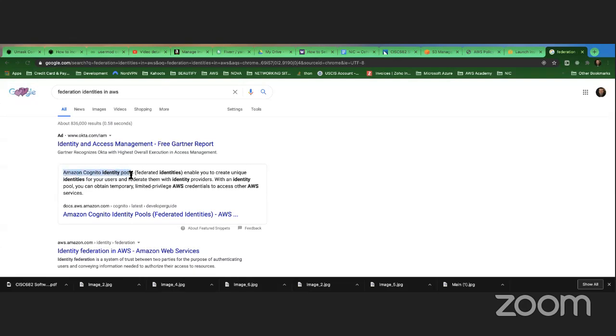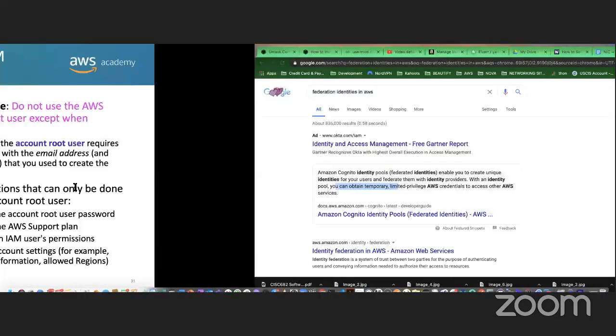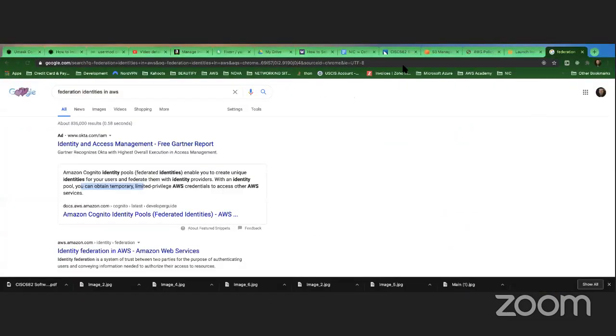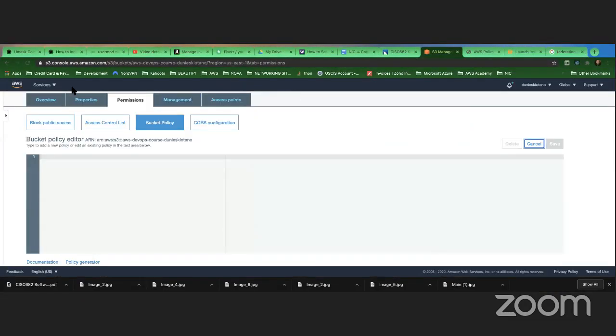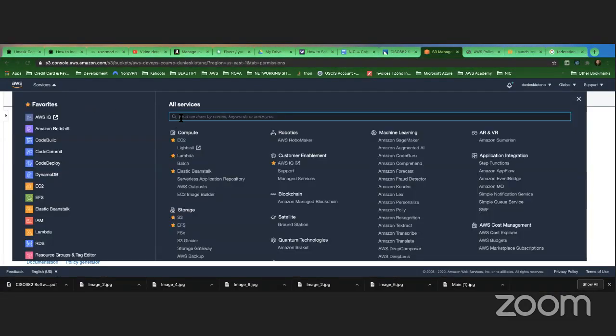Amazon Cognito identity pools, federated identities, enable you to create unique identities for your users and federate them with identity providers. You know, identity providers, Google, Facebook, those guys. With an identity pool, you can obtain temporary limited-privilege AWS credentials to access other AWS services, right? So in here, you can just have the Cognito